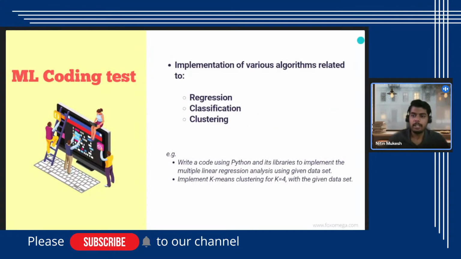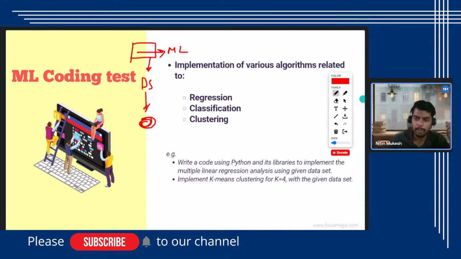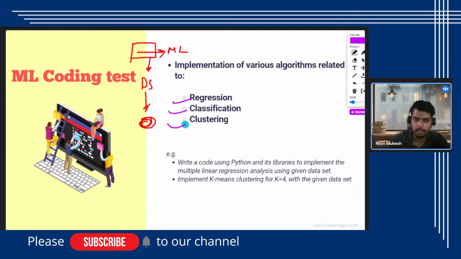So ML coding test means there will be some algorithm or some data science concept that will be asked to you to implement. Maybe some data set is given and you have to implement some ML algorithm, or apply some data science concept to evaluate something and calculate a result. The way you need to prepare for this is that whatever ML algorithms you read, let's say regression or classification or clustering, just try to read their implementation in either Python